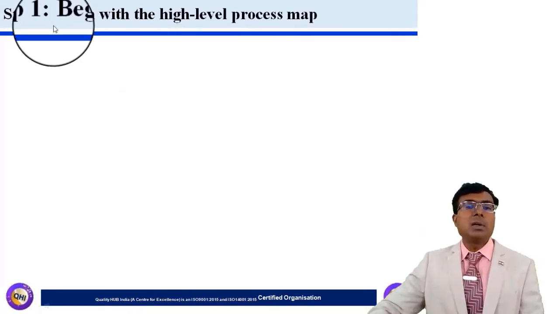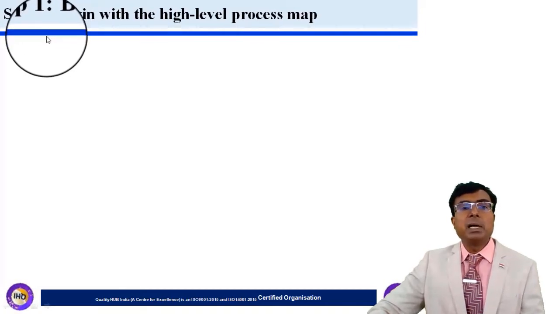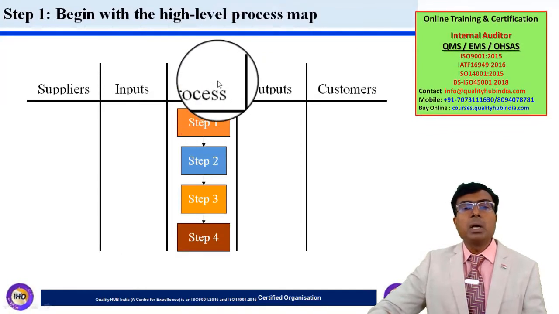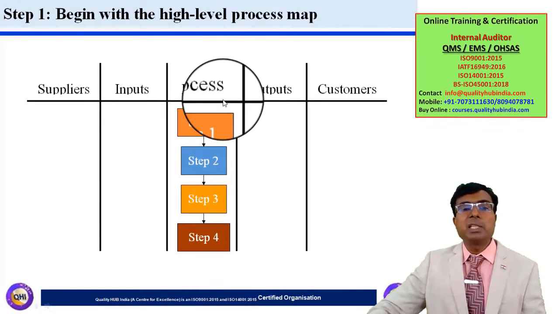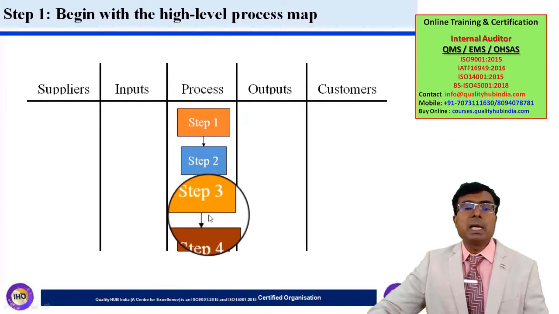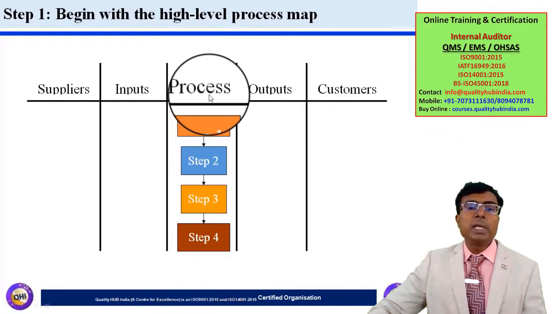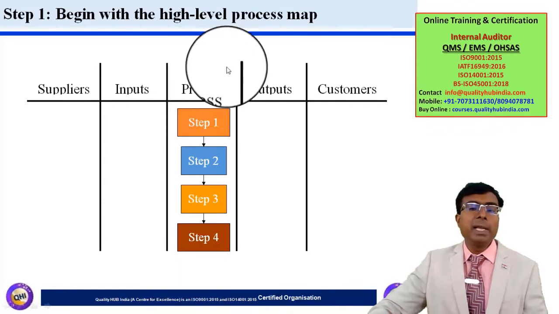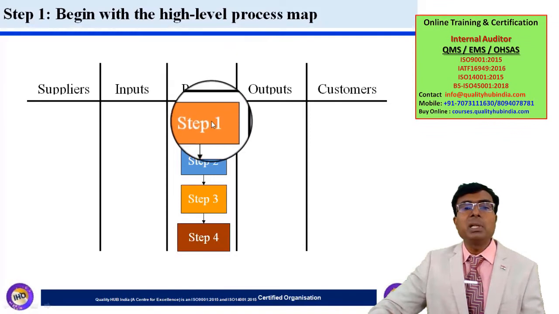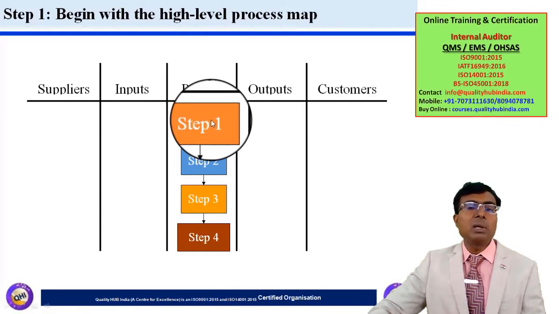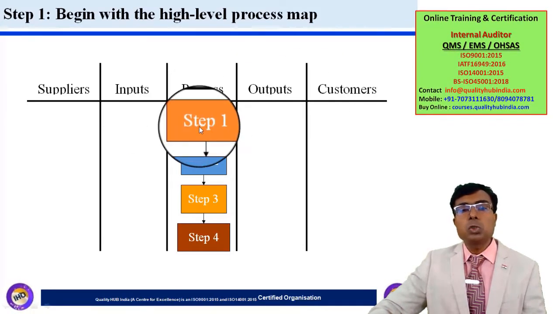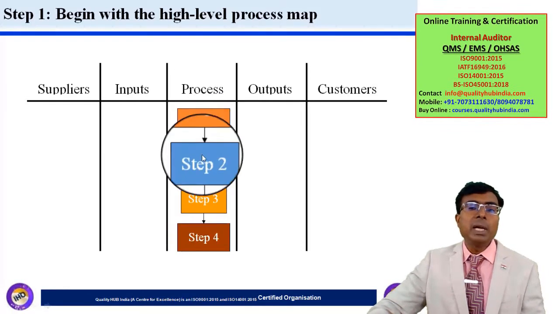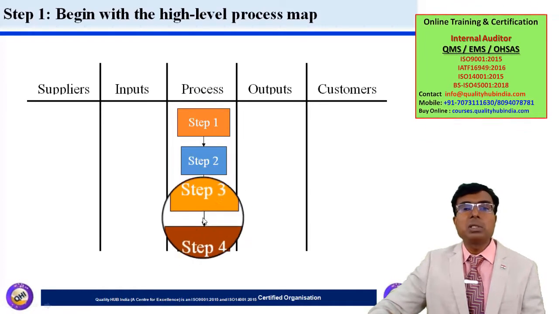So now let's understand the various steps of making a high level process map or CPOC diagram. The first step would be identifying the process steps. It's a dummy, a sample. We can see here we have 4 steps. So the first step is to understand and define the various steps of the process. For example, if you are drawing a CPOC diagram for a manufacturing process, and the manufacturing process goes through 4 steps, you should write down step 1, then steps 2, 3 and 4, and they should be connected with connectors or arrow marks.